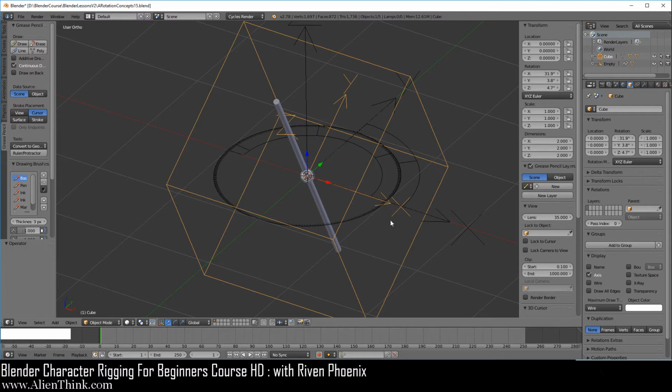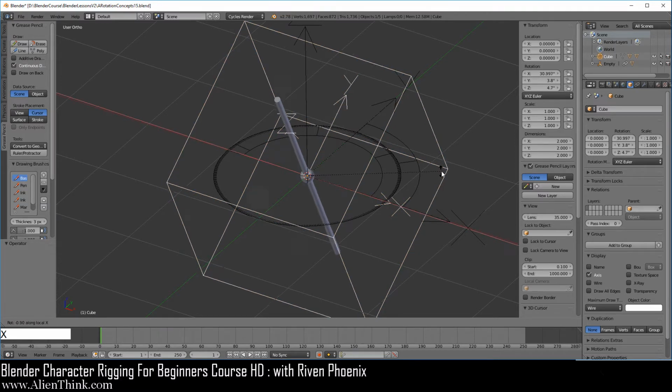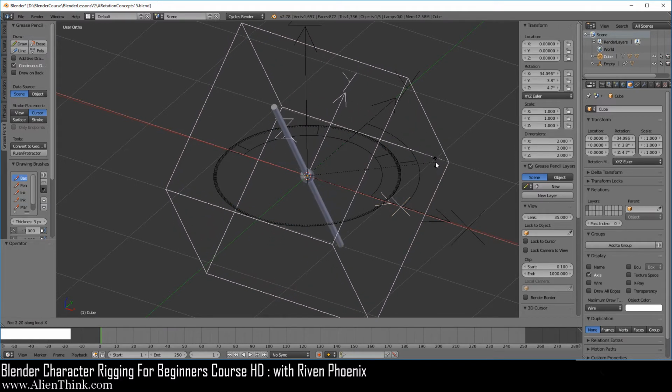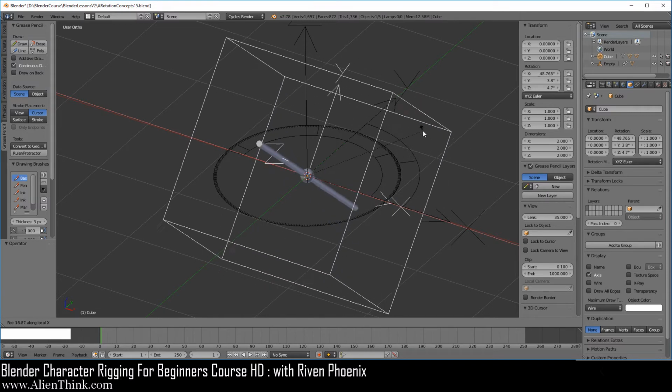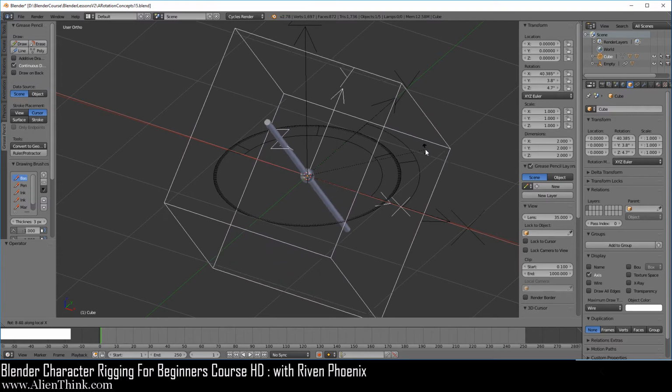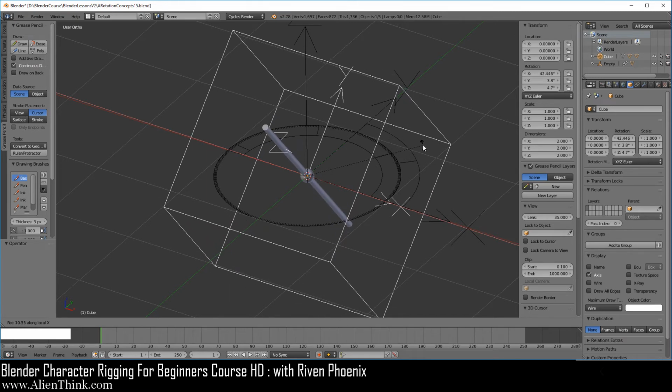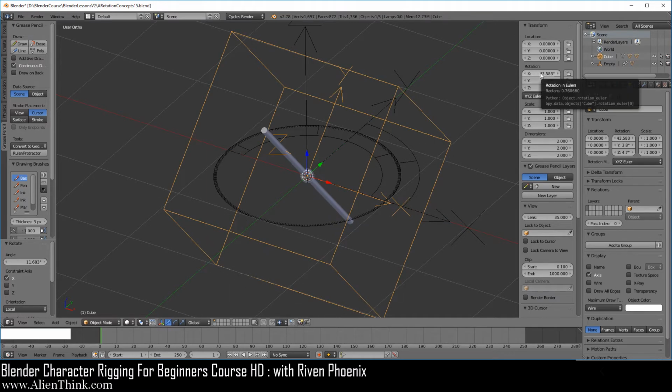Now, if we want to rotate this object based on the axis that is being displayed on its origin point, really its local axis, we have to use the 3D manipulator. We can switch this to local, or we can keep this on global, right? Now we can press the R key and press the X key 2 times. Here we're officially rotating this object around its local x-axis. Now it just so happens that this object is attached to the X ring. So of course that number is going to change.